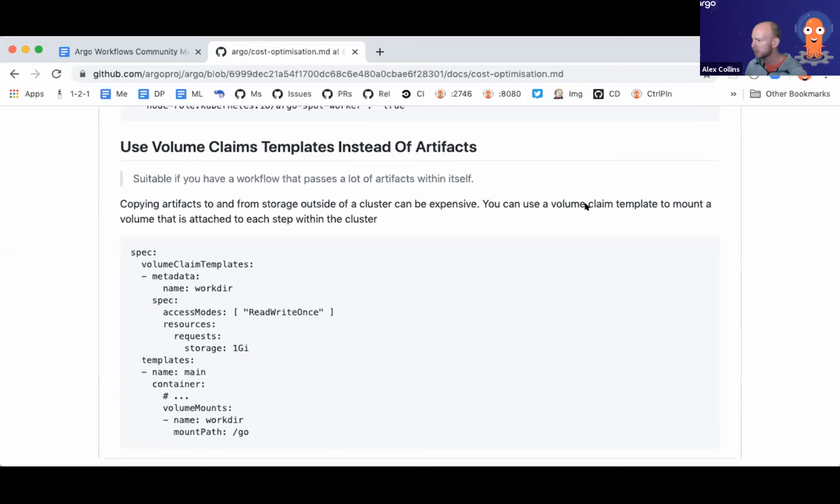Okay, are there any other topics that people would like to discuss during this meeting? I asked in the channel, I'm curious about what pod workers and workflow workers do in the workflow controller. You're referring to the two settings? Yeah, the two flags for the CLI when it initializes.